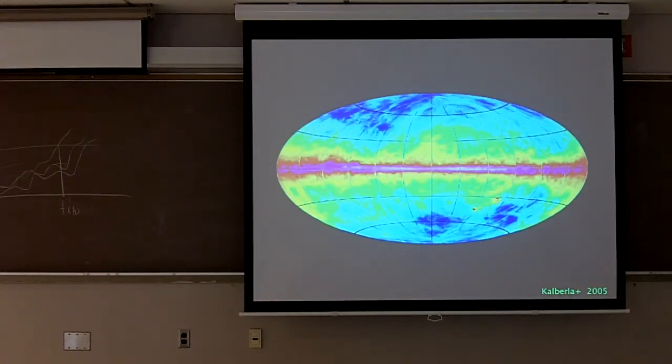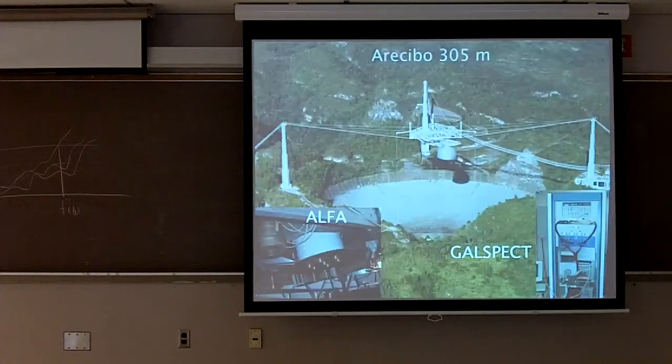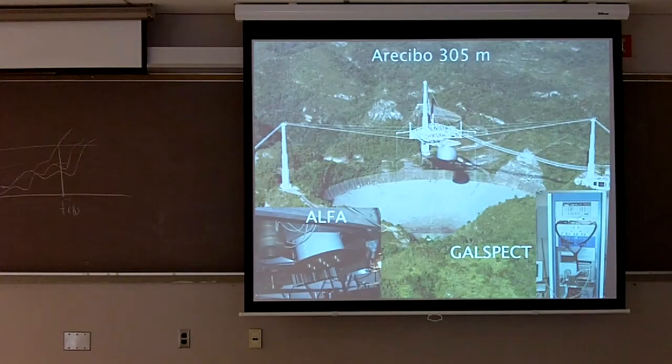These are PPV cubes, position velocity cubes. A lot of my thesis work and work that I've been doing with Destry has been trying to expand this kind of effort. So instead of doing this with a 25-meter telescope, we're doing this with a 300-meter telescope. This is the Arecibo 305-meter telescope, the largest telescope in the world. Don't let anyone ever tell you otherwise.